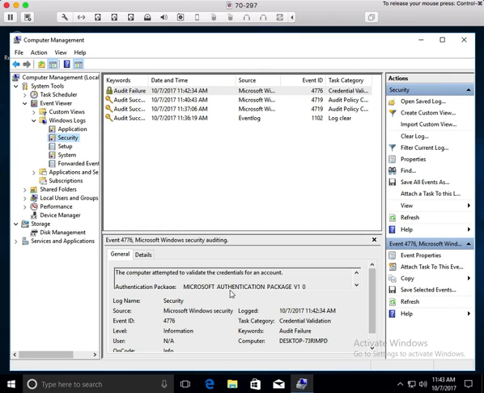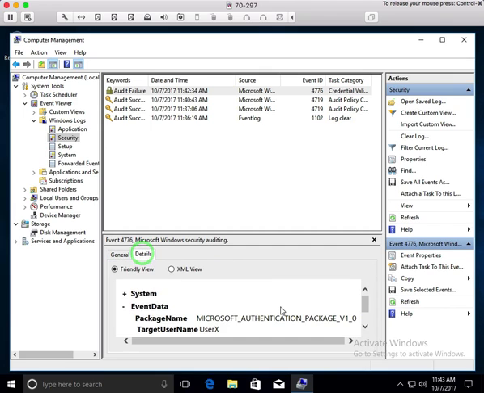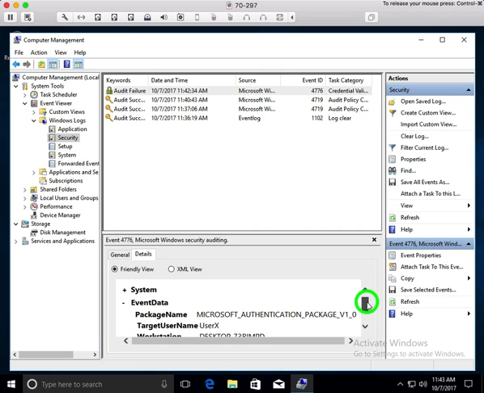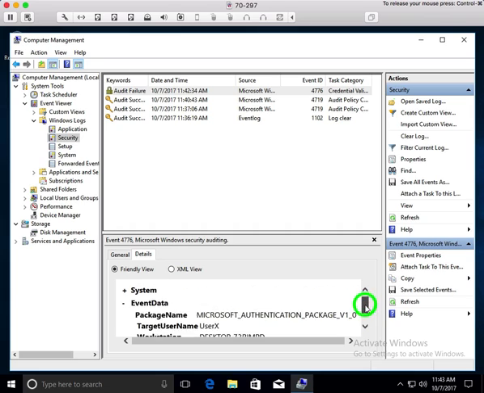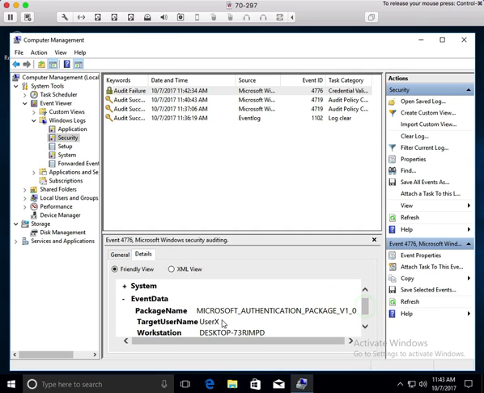Now, down here, this might be a little hard to read sometimes. It doesn't look like there's a lot of good information here. It's basically saying the computer attempted to validate the credentials for an account. Someone tried to log in. If I go to details, this is going to give me a slightly nicer view of what happened. And you can see specifically user X was the target on this machine, and he wasn't able to log in. So someone tried to log in to the user X account on this machine and failed, is what this event